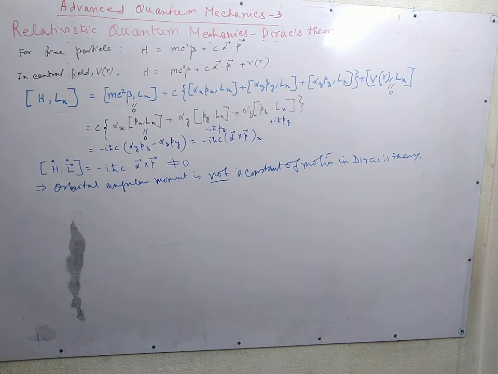In classical mechanics, orbital angular momentum was a constant of motion. That concept was retained in the Schrödinger picture, the non-relativistic theory. But coming to Dirac's relativistic quantum mechanics, we see that the orbital angular momentum is not a constant